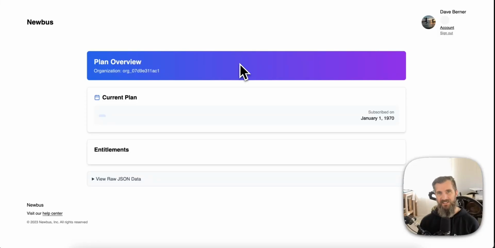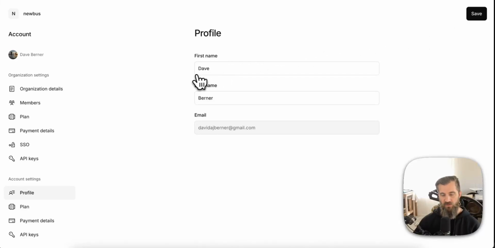This is the Kind Customer Portal in 90 seconds. We provide you with a handy account link inside of our SDKs. Your customers can hop straight into the self-serve portal, manage their own profile information, the plan they're on, their payment details, and if you're using API keys, they can generate, revoke, and rotate API keys right here from the customer